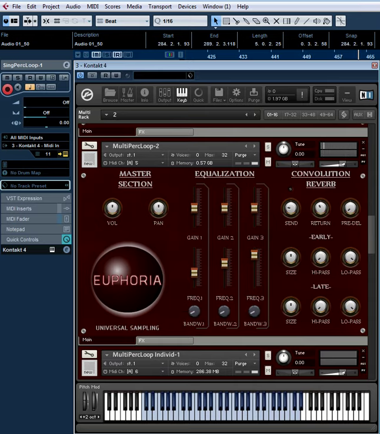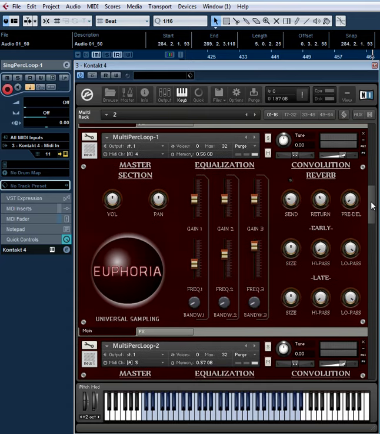So let's talk about the flexibility you have here and what you can do with these and how you can work with them and how you can sort of make them unique and make them your own. So one of the things you can do, there's actually 2 different ways you can go about doing this. The first way is when you have one of the multi-perc loop instruments loaded, you can open the instrument using